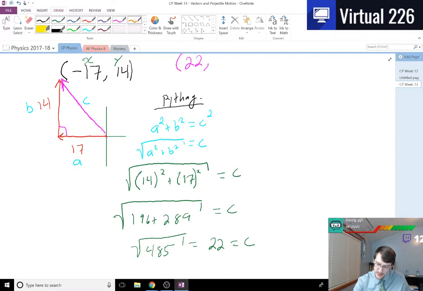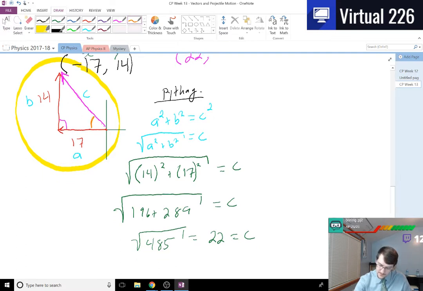Well, looking at the triangle that I have right here, the angle I can easily get is this angle right here. That's not the polar angle, but it's an angle I have access to. If I have this angle that I can easily get, well, I can get it with an inverse function or an arc function. Labeling my triangle, this is the opposite side. This is the hypotenuse I just found. This leaves the adjacent. What I can end up saying is, since I have an opposite and adjacent, I can say that